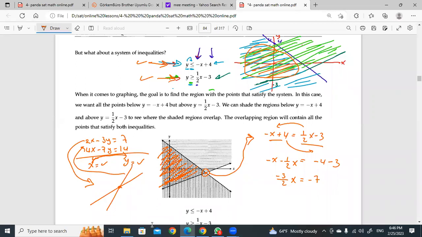Okay, and right now I have to get rid of the negative 3 over